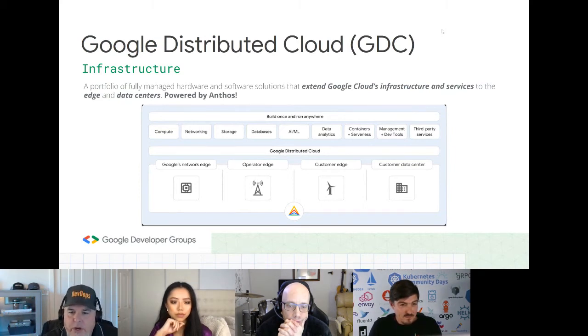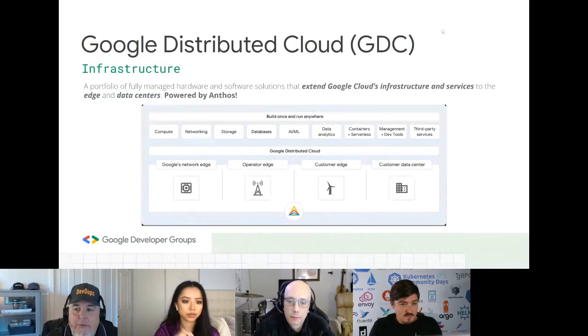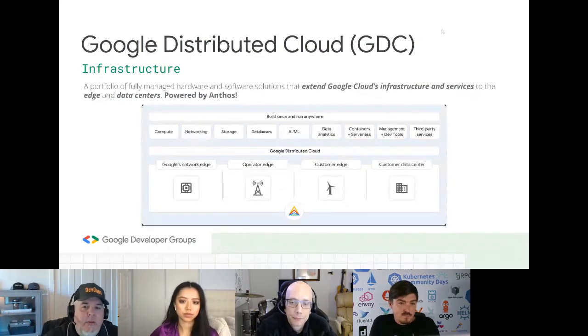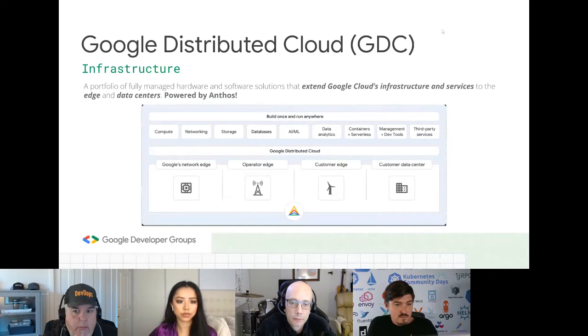If you're a network operator, if you want to be close to Google's network, if you want GCP within your data center, if you want GCP near your point of sales or anything, those are the elements that Google Distributed Cloud is bringing. Of course, it's super high level, meaning you're bringing the entire cloud with you in your pocket and dropping it somewhere. It's not really the idea, but